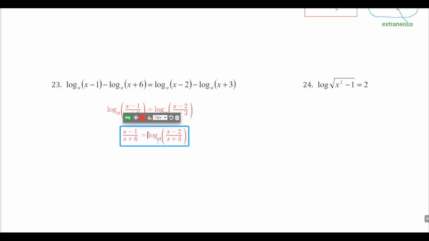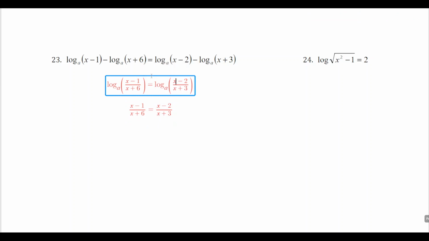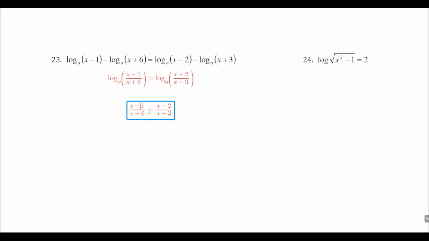And we can get rid of this one as well. And now we've got a little cross products going on. We're going to use the cross products property, otherwise known as cross multiplication or the butterfly method, which is to multiply the numerator of one of the ratios by the denominator of the other. So here we'll get x minus 1 times x plus 3 equals x minus 2 times